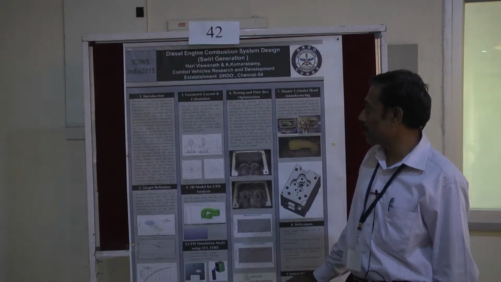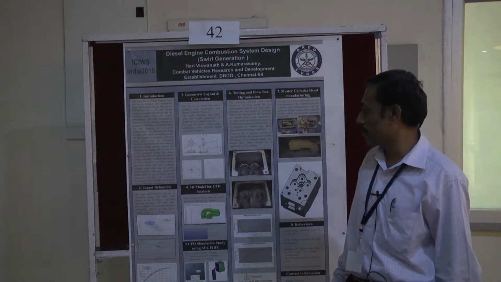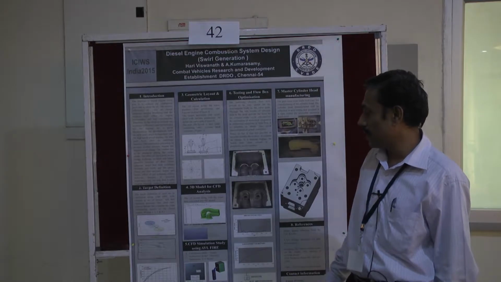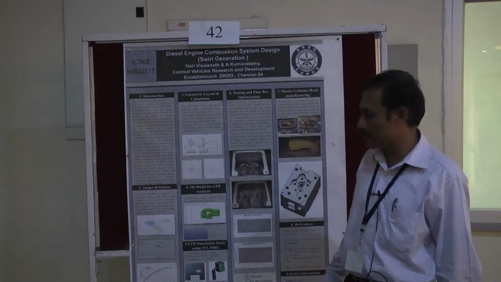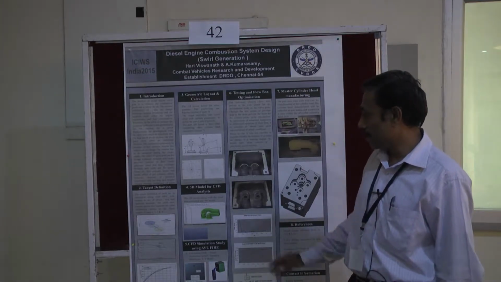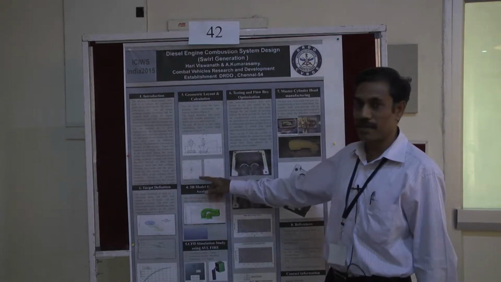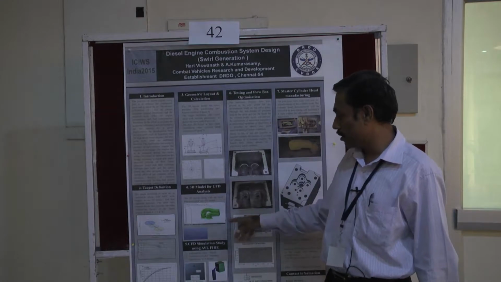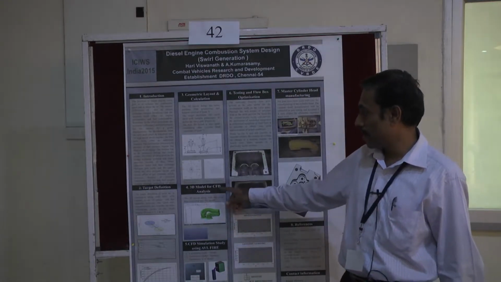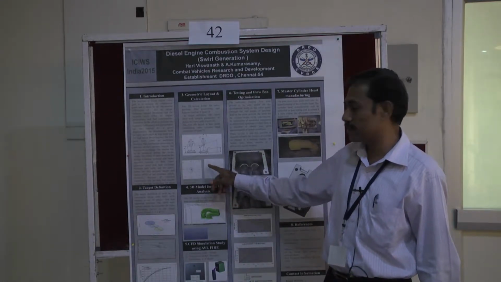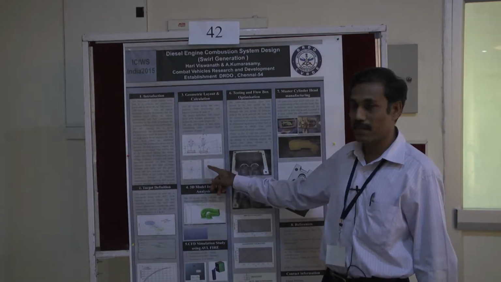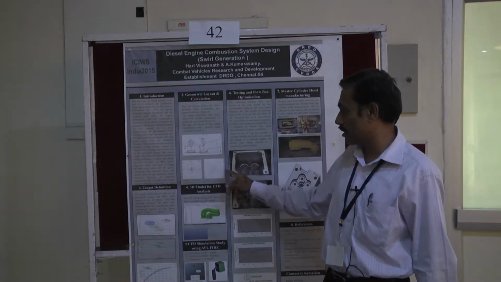Here, for diesel engines, normally for a 4-port or 4-valve configuration, we will have one tangential port as well as one helical port. Once the design is proved and we make the curve path for that port, we will take the port for a complete modeling, considering the injector location, the valve locations, as well as the bolt locations and all.